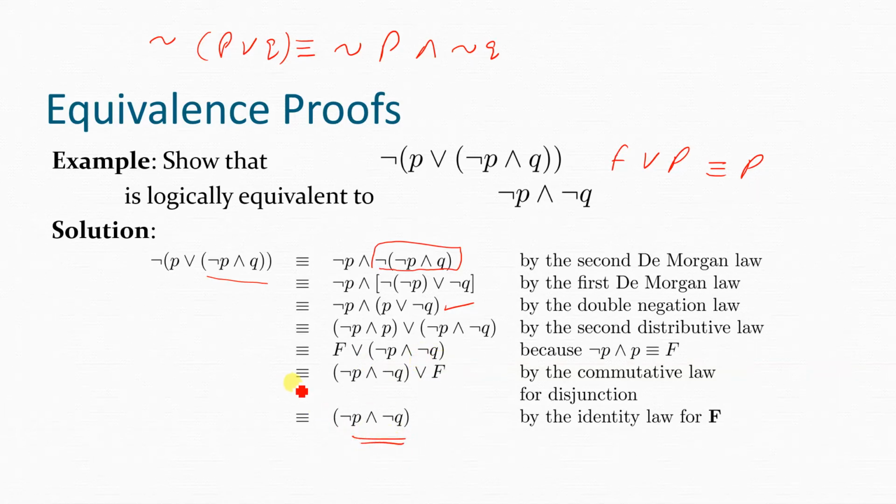So we have the required second proposition. We started with this proposition and we ended up with this proposition. This is how we have proved that this proposition is equivalent to this proposition. In this procedure, we have a series of propositions which are equivalent to each other.